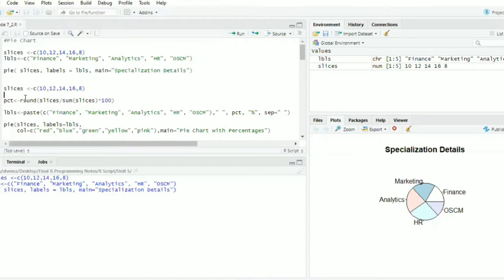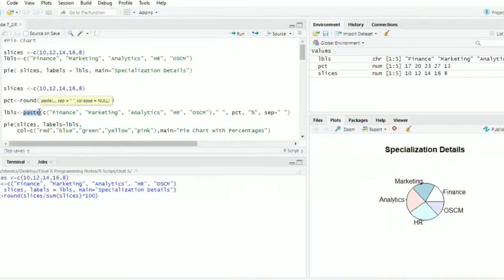For that, first of all, I will calculate the percentage: slices, this vector, divided by sum of slices, into 100. It will give me the exact percentage. And after that, since I want to mention the percentage in front of the label, I have to use the paste function.